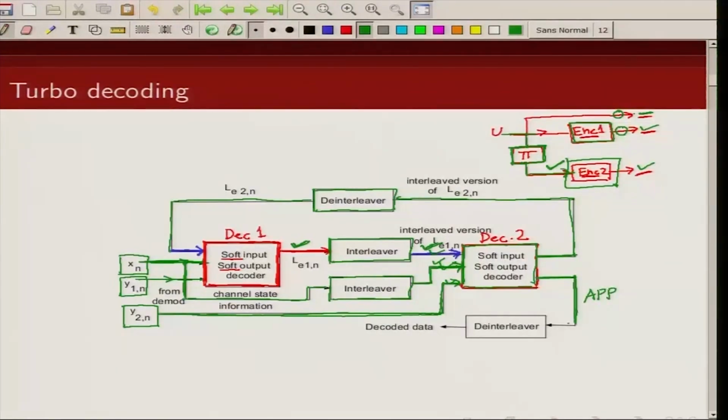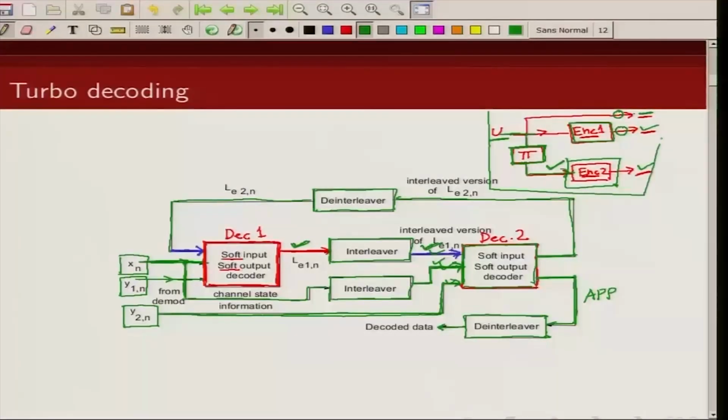Now, this information, remember, the information sequence ordering at encoder 2 is an interleaved version of the information sequence of encoder 1. So, if you want to know the order of the information sequence here, we need to de-interleave this data, and here then we will take a hard decision and decide whether the bits are 0 or 1. So, you can see this is an iterative decoding algorithm, where instead of decoding this whole code in one go,